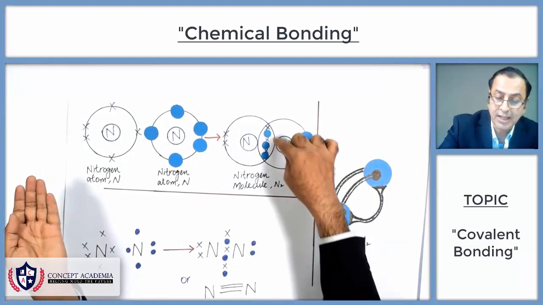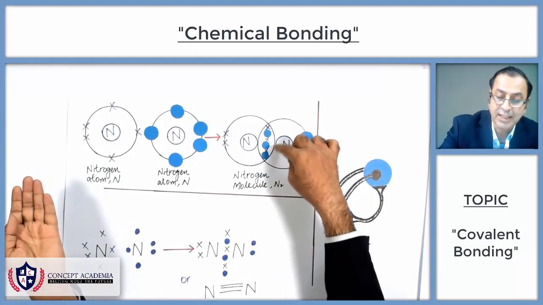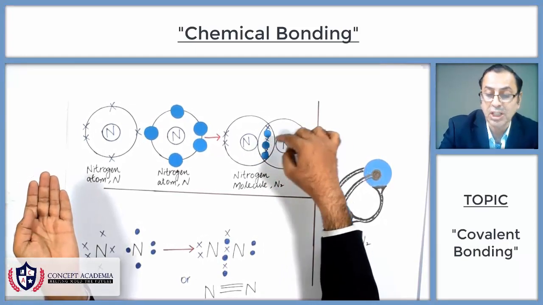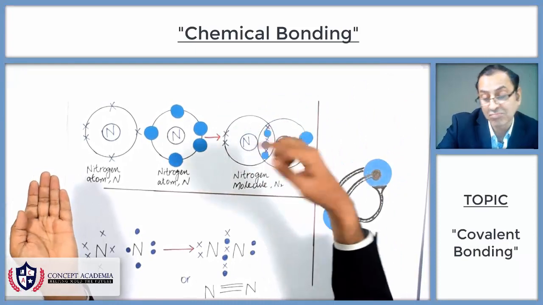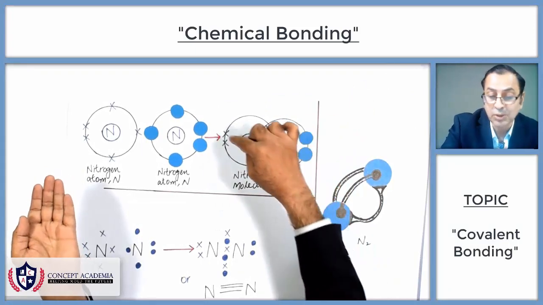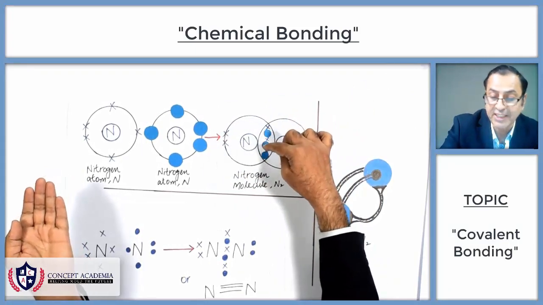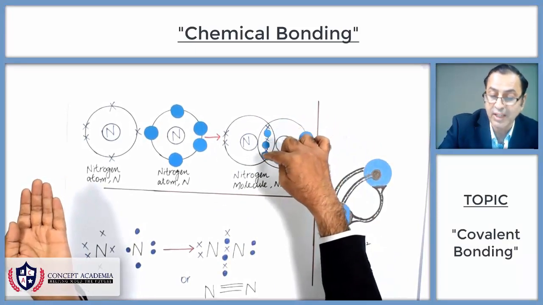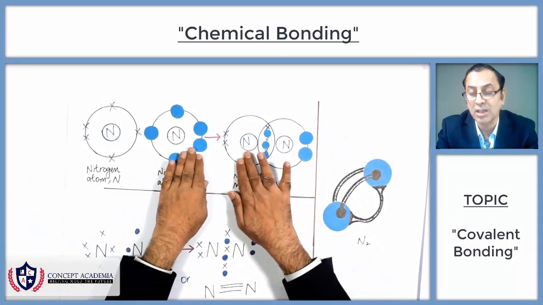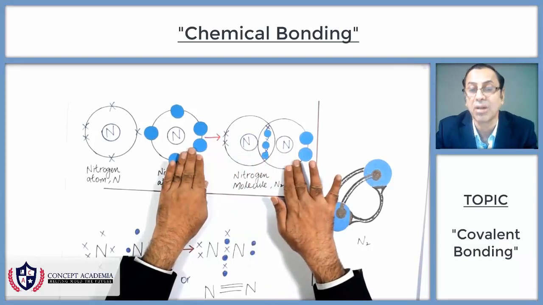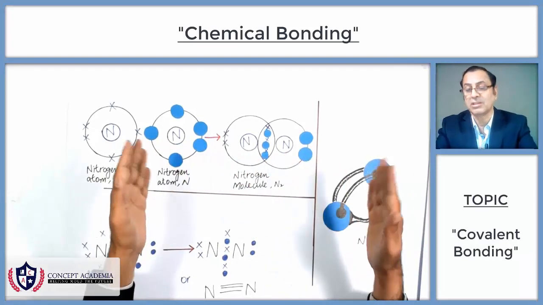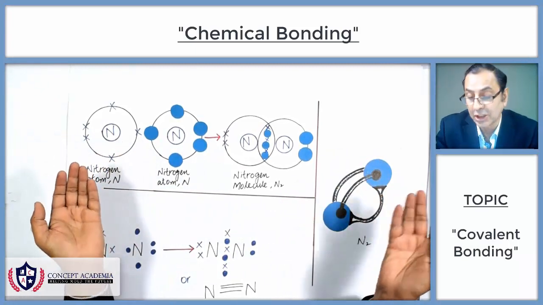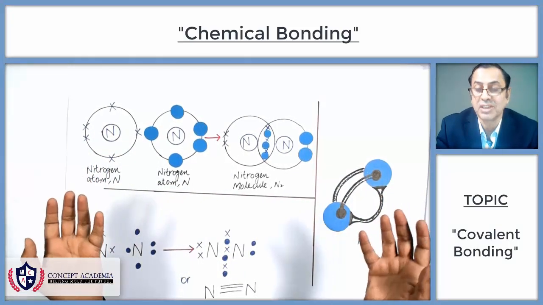These electrons lie in the common region between the two nitrogens, so they are counted in both nitrogens. So 1, 2, 3, 4, 5, 6, 7, 8, and for this nitrogen, 1, 2, 3, 4, 5, 6, 7, 8. So this nitrogen has got an octet, and this nitrogen has got an octet, with the complete last shell electronic configuration like the noble gases, and both of the nitrogens have got